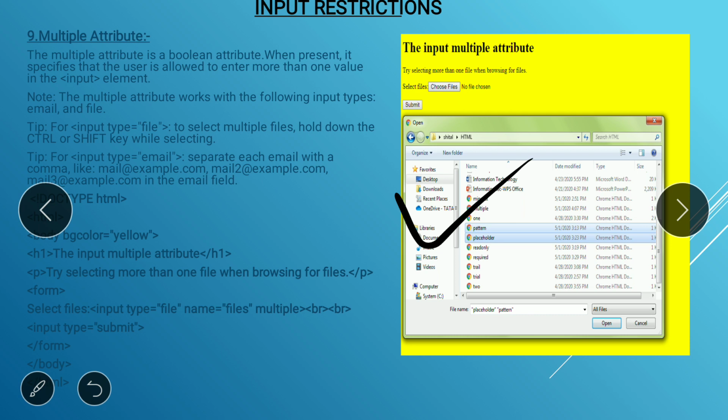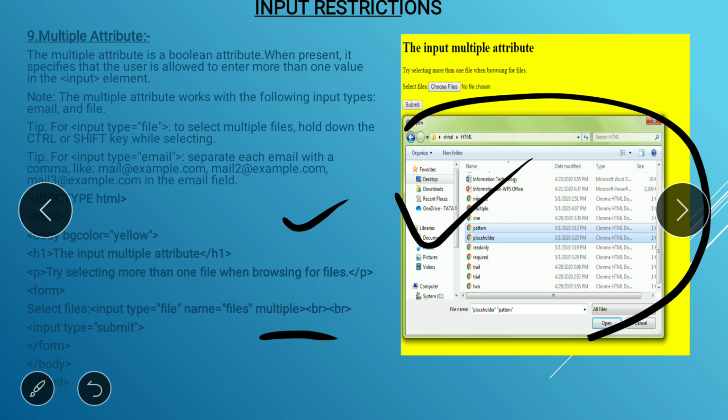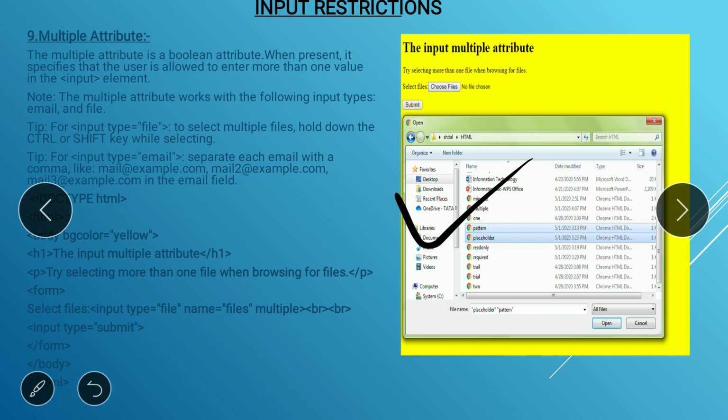You can see one is nothing but the paragraph. Okay. Next is the select file, and in file here I mention the multiple. So when I click on choose file and that window appears, at that time I can select more than one file in that window. That's it. That is the multiple attribute. One more attribute is remaining, that is nothing but the height and width, and we already learned about the height and width. That's why I am not going to take this attribute now.